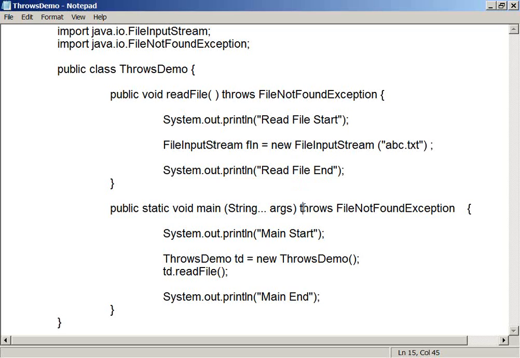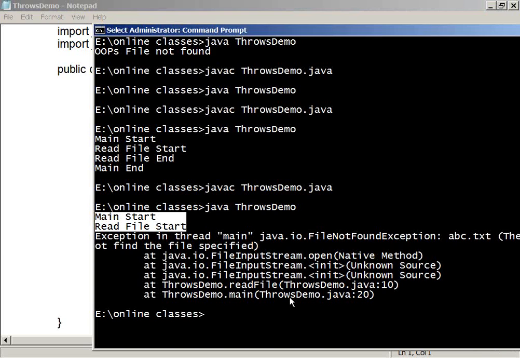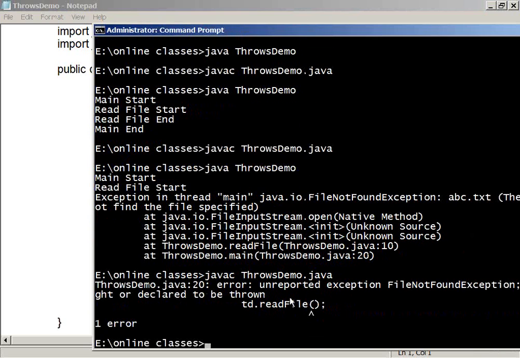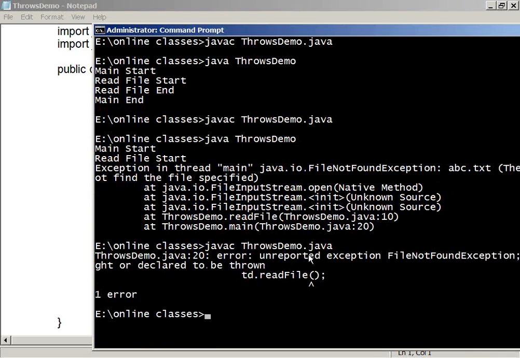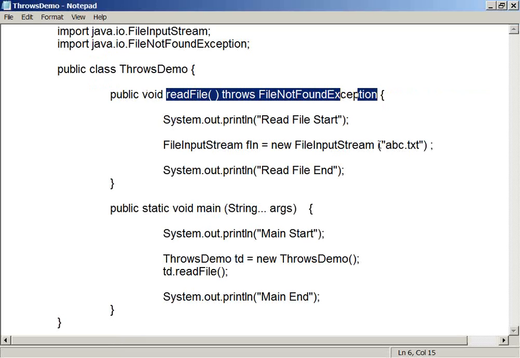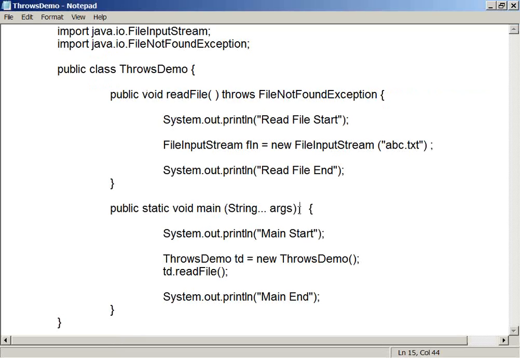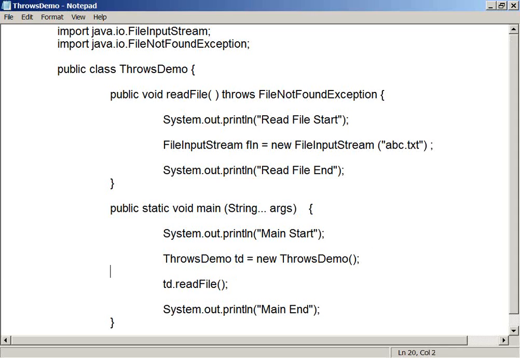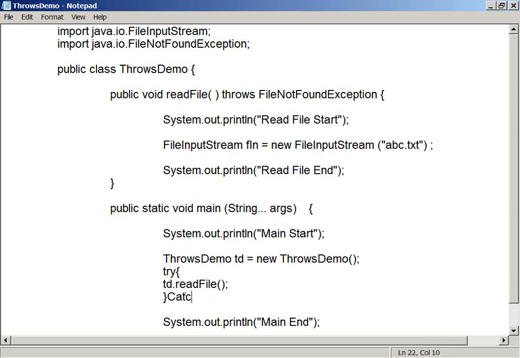But if I don't write these throws, what happens here? Now there is a problem here. That doesn't mean that the exception is there; your compiler is not allowing it. Why is your compiler not allowing it? Because the read file method is saying something to you. You should do only one thing here: either you specify that you are interested to handle it or that you are not interested. If you are interested to handle it, write try and catch. Now this is the statement which is causing the problem, and read file is passing this message. This is a compile time problem. Catch.